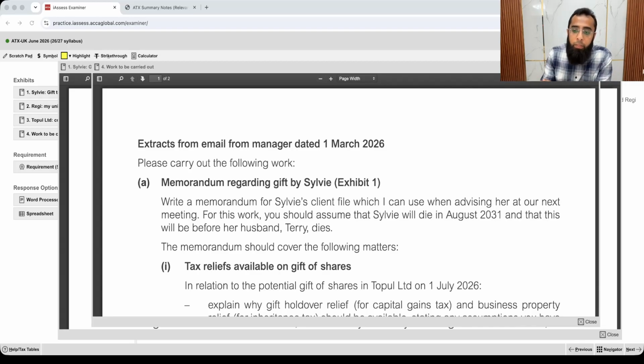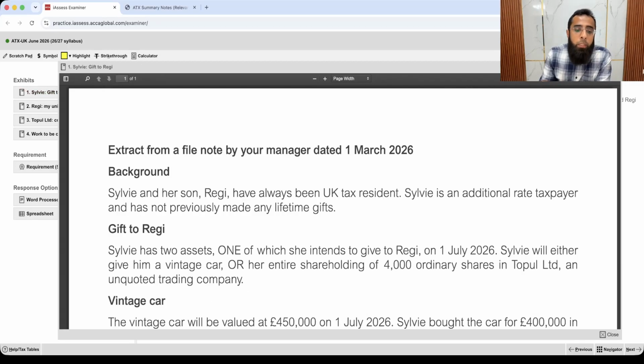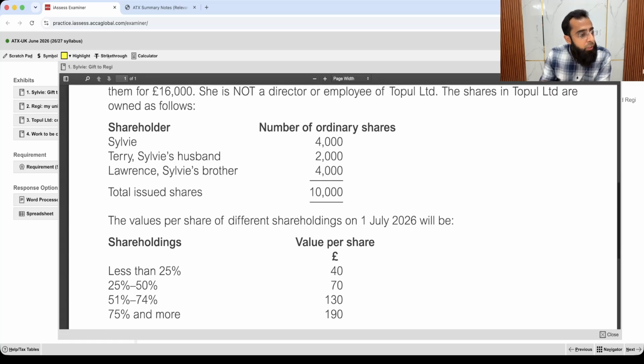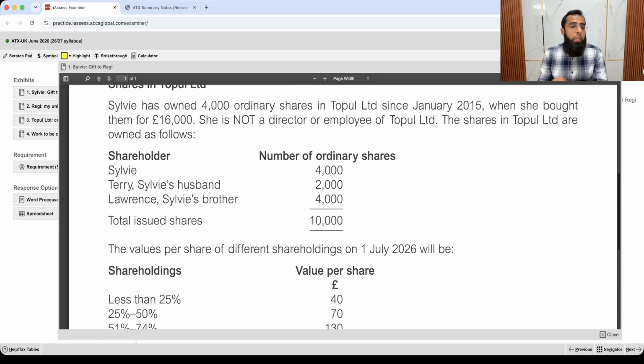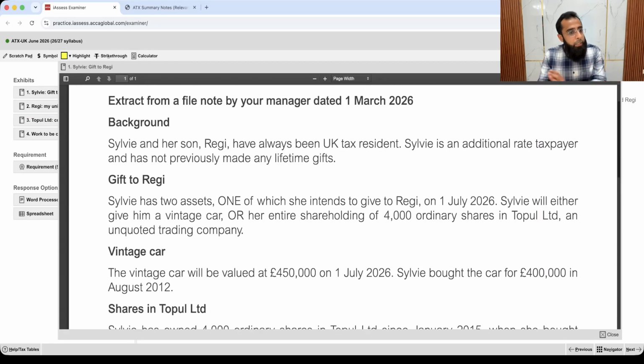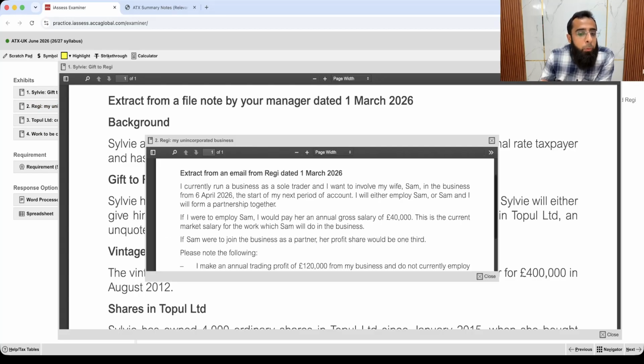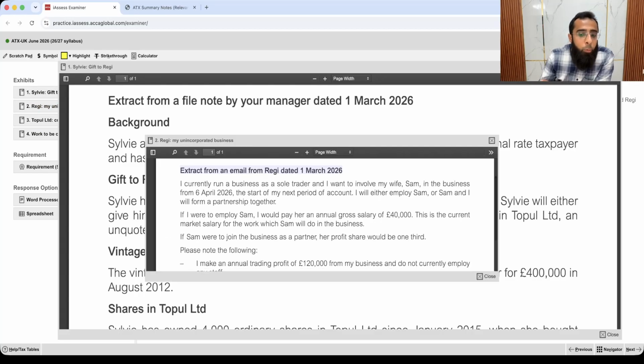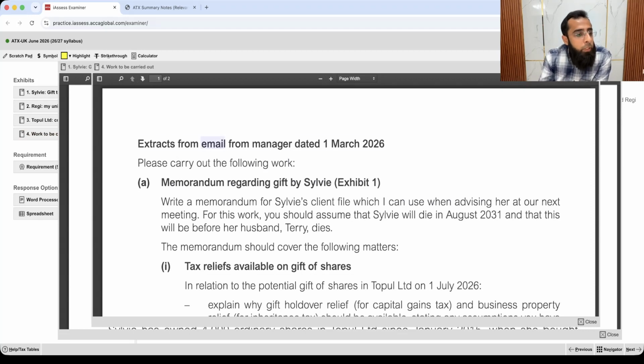Like for example, if in this exhibit number 1, he wouldn't have given us the valuation of shares, and this valuation would have been given in exhibit 2, then I would have to read it in continuity. But this question is not like that. Exhibit 2 is completely different. It is about running the business and then involving Sam in the business, and it's a completely different thing. So let's refer to exhibit number 4, which is work to be carried out,